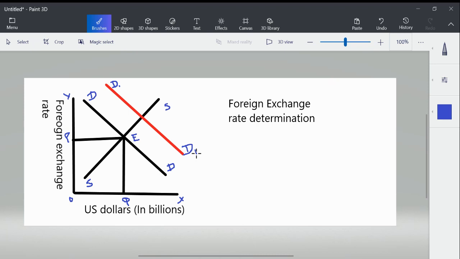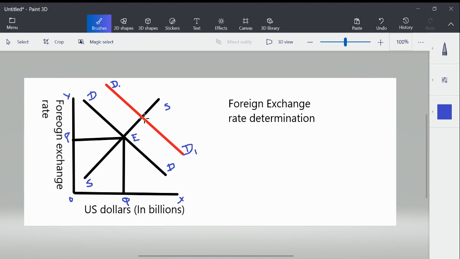Or let us say the imports of Indians increase. Let us say everybody wants an Apple iPhone or an Apple laptop. So automatically the imports also increase. When imports increase, we demand more foreign dollars because we are buying from abroad. We are buying from the US economy, so you have to give money to the US economy, and money can be given only in terms of US dollars. So whenever we buy anything from a foreign economy, be it services or commodities, we have to pay in US dollars and automatically the demand increases.